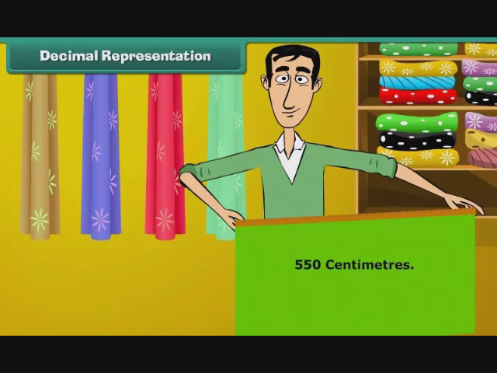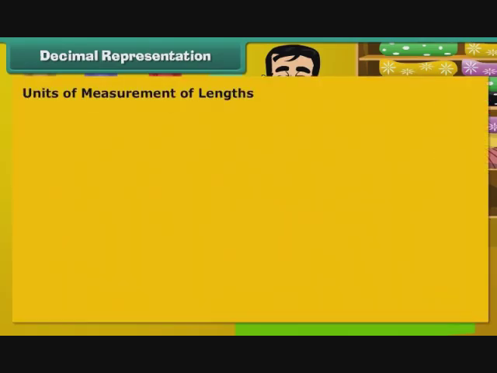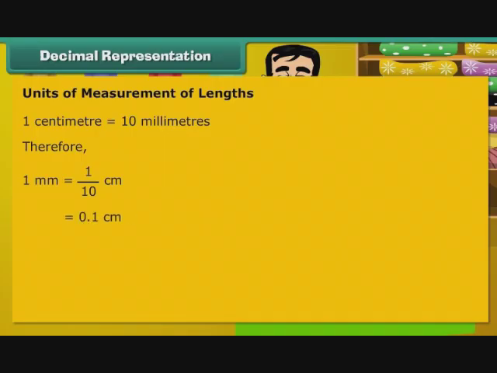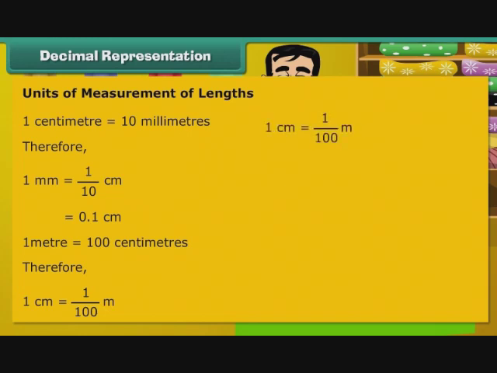To answer Bela's question, let us understand the relationship between the different measures of length. 1 centimeter is equal to 10 millimeters. Therefore, 1 millimeter is equal to 1 by 10 centimeter. That is equal to 0.1 centimeter. 1 meter is equal to 100 centimeters. Therefore, 1 centimeter is equal to 1 by 100 meter. That is equal to